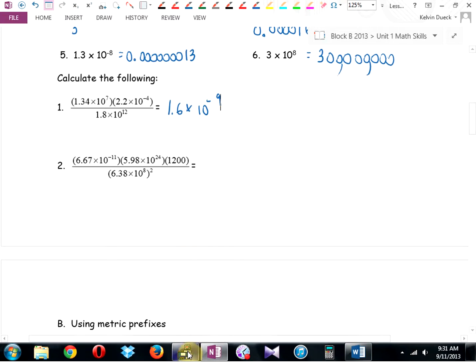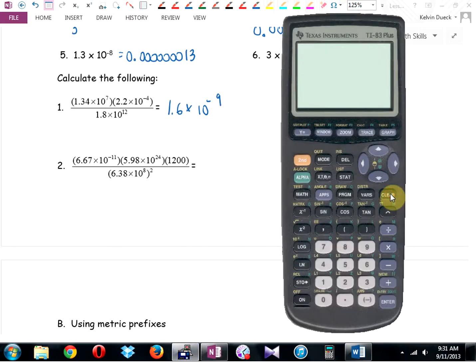Example 2. More than one thing on the top, bracket. 6.67 times 10 to the -11 times 5.98 scientific notation to the 24th, times 1200. By the way, this is the equation for the force of gravity between the Earth and a 1,200 kilogram object sitting on its surface. You'll learn that in about 2 months. Divided by,